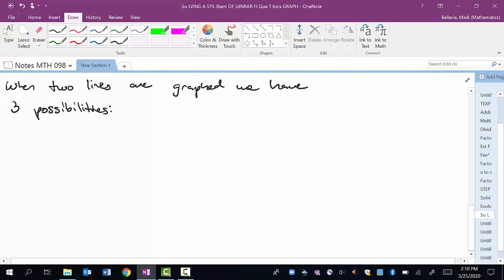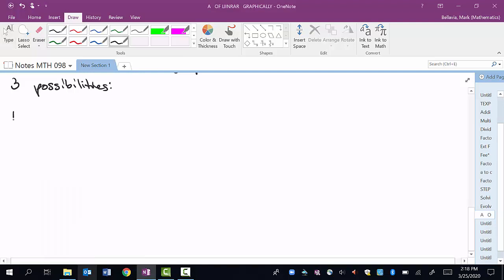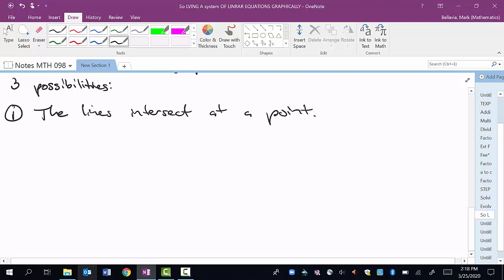Now, the possibilities are one that we've kind of already talked about. The first possibility is that the lines intersect at a point. So if they intersect at a single point,